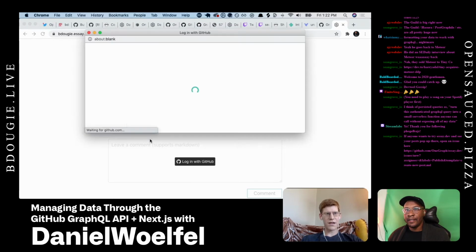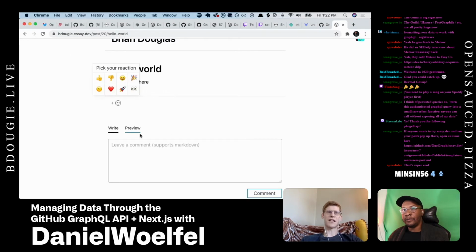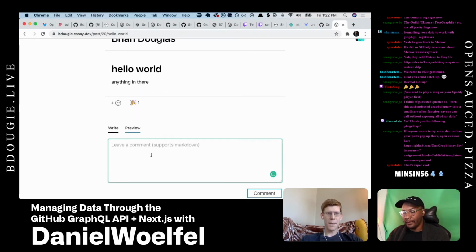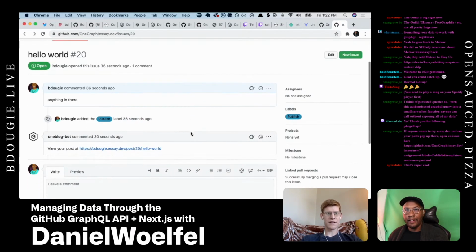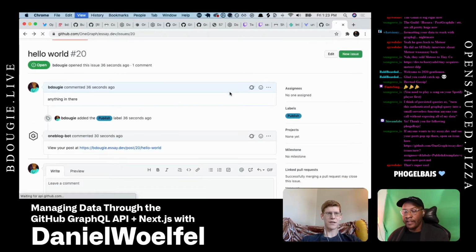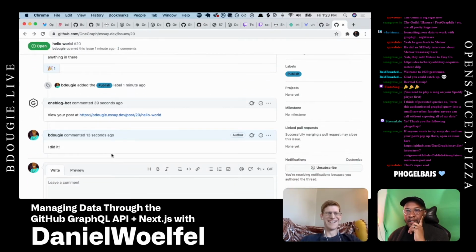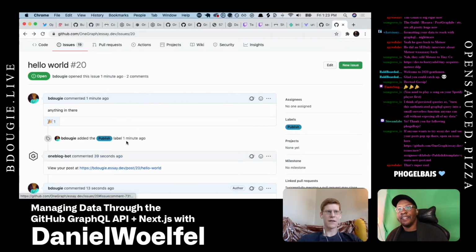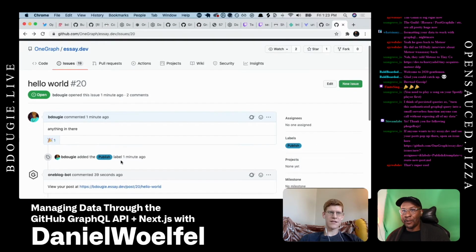Excellent. And you can log in, you can leave reactions, you can leave comments. If someone leaves a reaction or a comment on the issue itself, it'll show up here. And then to be clear, this is all on the issue I just opened on the, yeah. This is not this issue. Yeah, I think it just hasn't updated here. If you refresh, it should. Come on, Turbolinks. Oh, yep, there it is. Nice. So I could just spam the OneGraph essay.dev and create my whole blog right here.